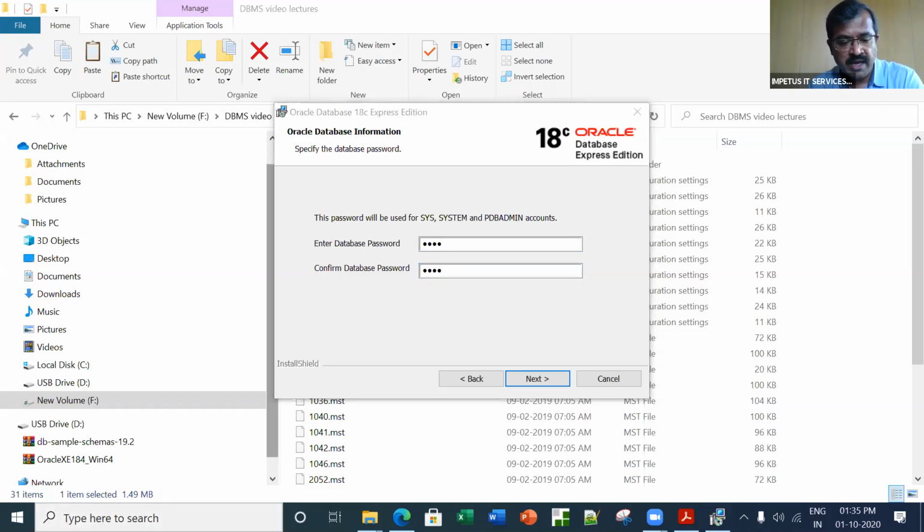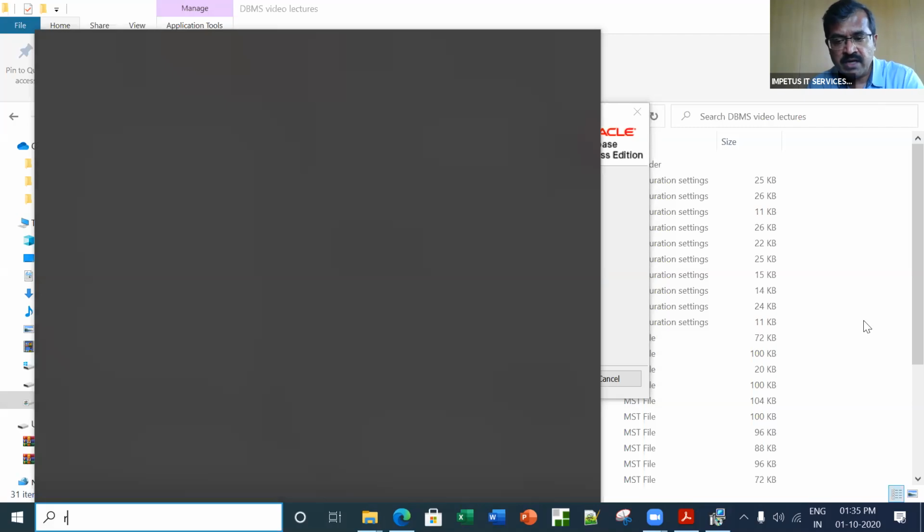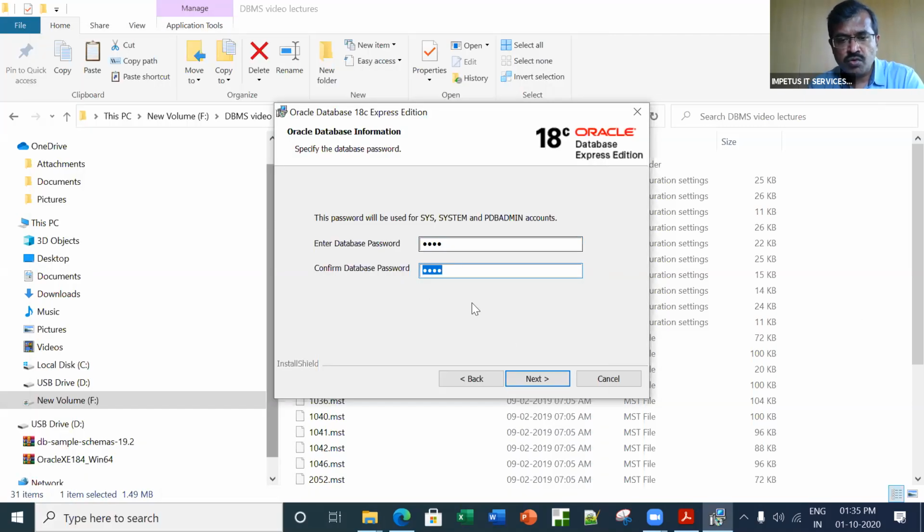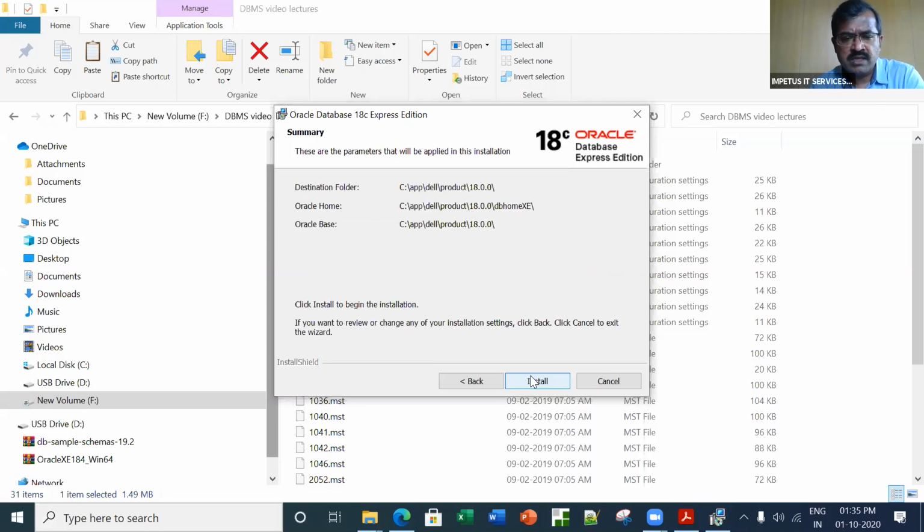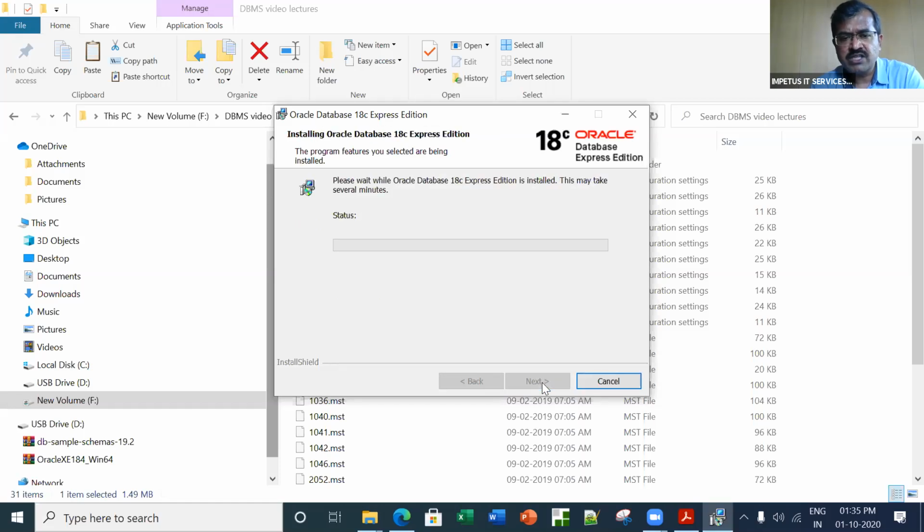So here I have entered, let me check, I have entered the password as root. It may say it is not adhering to Oracle standards. Let it be so. It doesn't really matter much. It will ask you for the location. Normally it's the C:\app folder where it will get installed. It doesn't really matter to us which location. We just have to be concerned about this DB home directory where it is. That's something very important for us. So I normally tell people you can also take a snapshot of this directory. But since it's an app folder, it's very easy for us to find. So let it be here itself. Let's start with the installation.